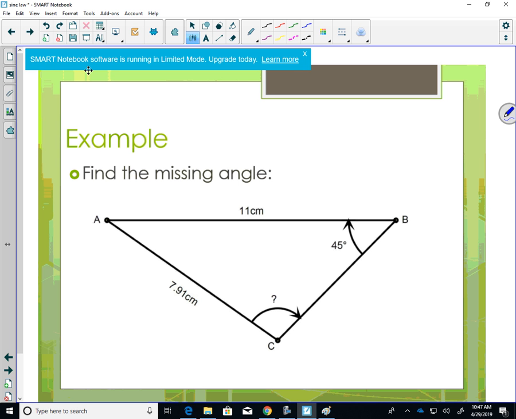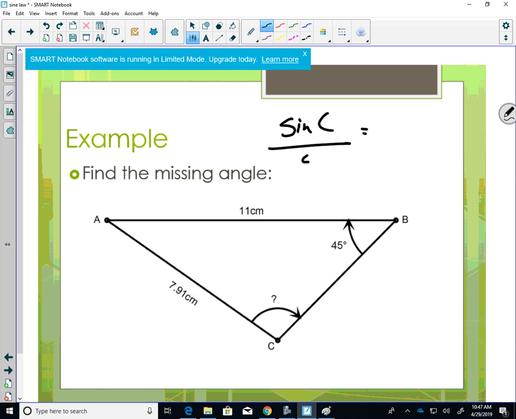Okay, this time we're solving for an angle. So you guys got this example there, right? Which angle are we solving for? C. So we're going to put the angle that we're looking for first. It's an angle, so I'm going to write sine C. That's the one we're looking for. Sine C over little c